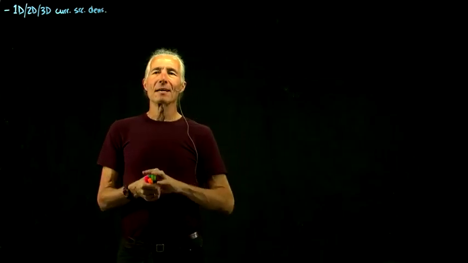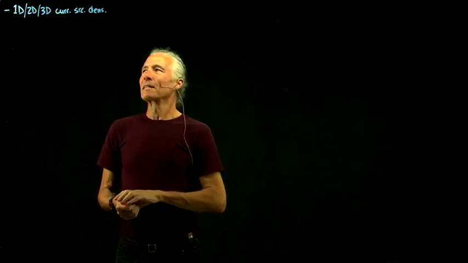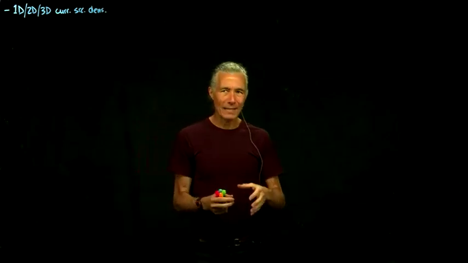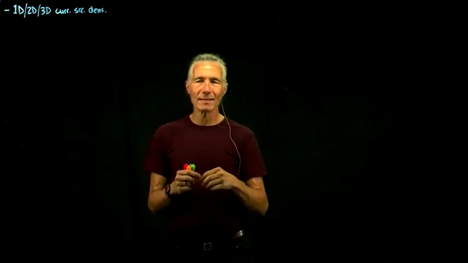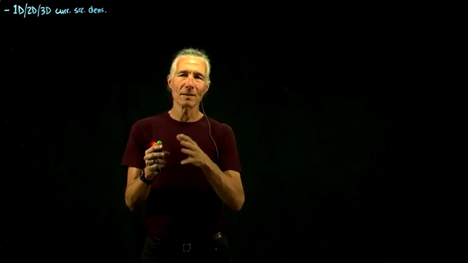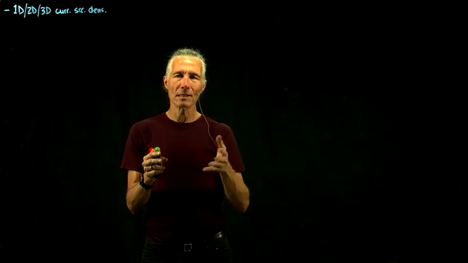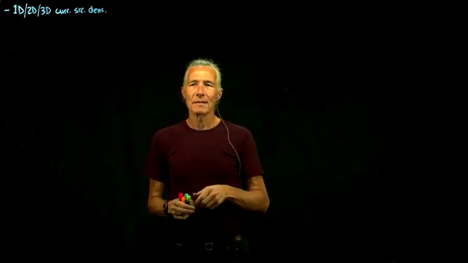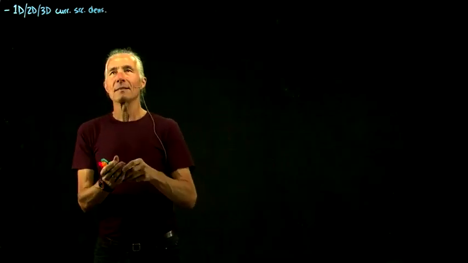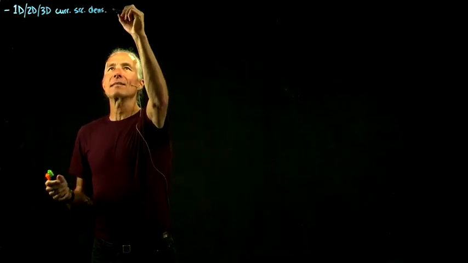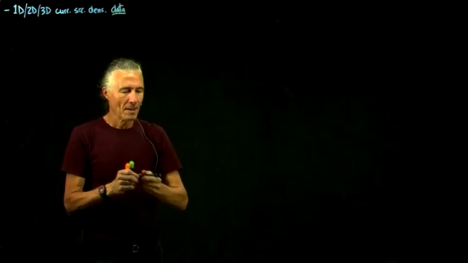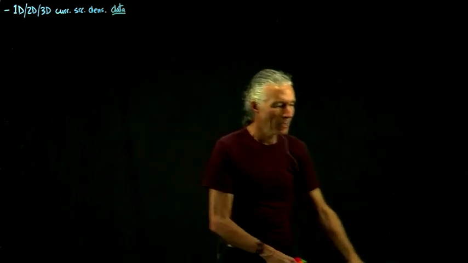So that was the current source density, and you calculate it by doing this thing called the Laplacian, which is a second spatial derivative of this field of potential, or voltages. That's all kind of abstract, so what we want to talk about today is current source density data. So what is the actual data that